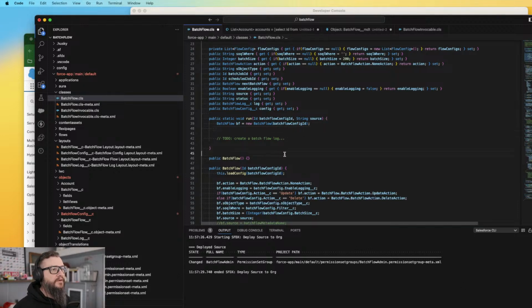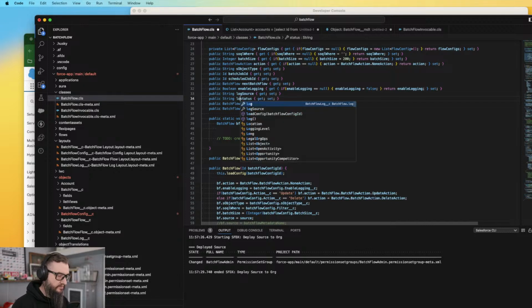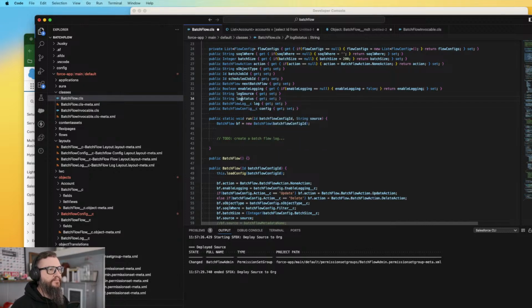We'll see. Okay, so anyway, we need source. I think this is, let's call this log source. And we'll call this log status for now. Again, I think we can clean that up too. Enable logging. Well, we have that as a checkbox, so I think we can get that from